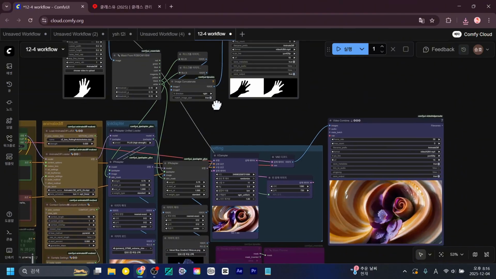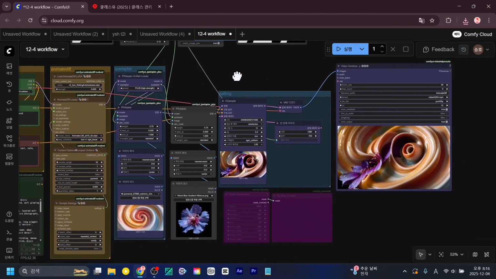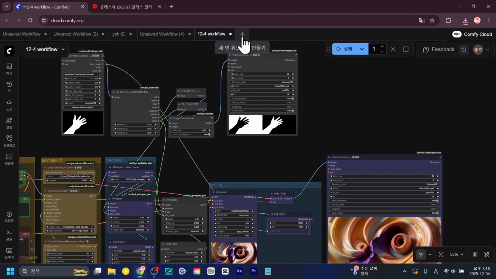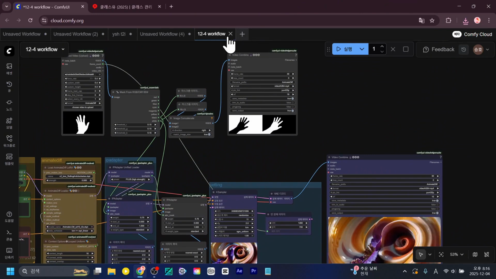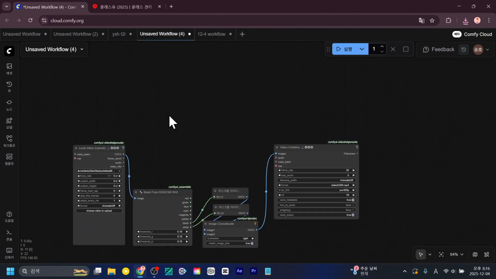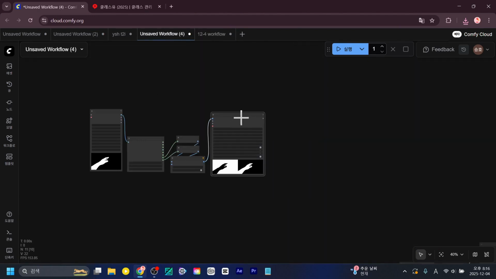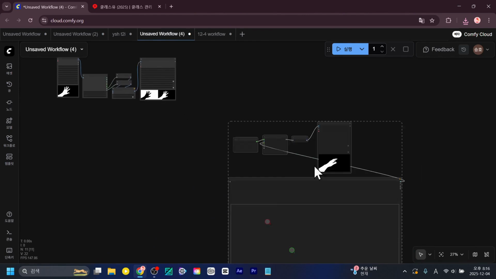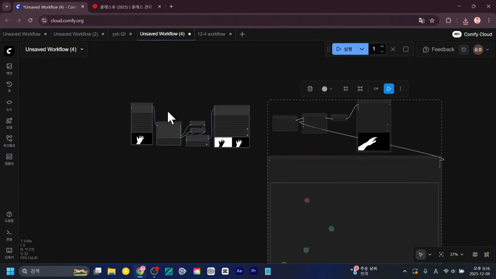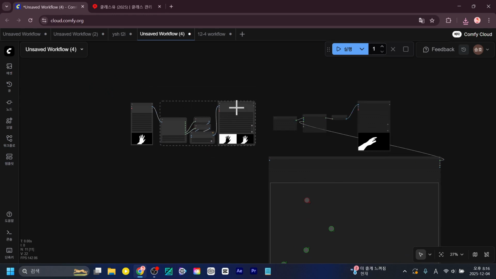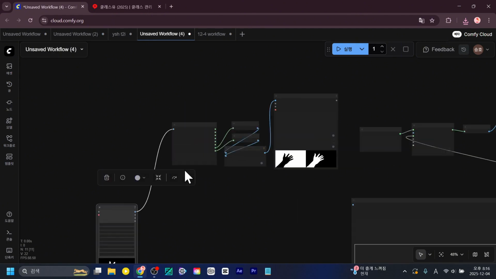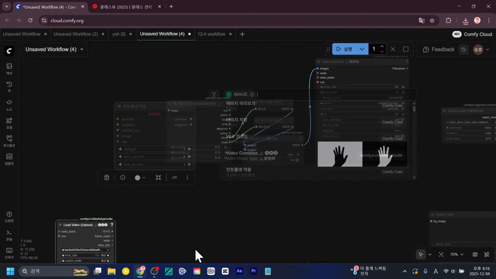Now, let's try something quite interesting and very useful, which is called a ControlNet. We are going to extract the essential ControlNet information directly from the video footage. To do this, we will navigate over to our second workspace here, specifically for the mask. This one is RGB, isn't it? Yes, it's definitely RGB. To proceed, simply hold down the Ctrl key and press the M key simultaneously. Following that, we will deselect the video again, just like this, to finalize the process.